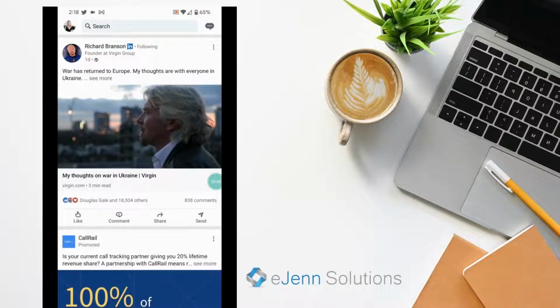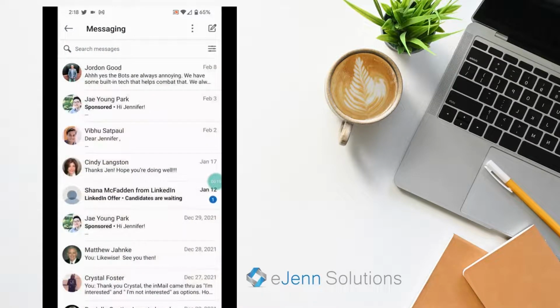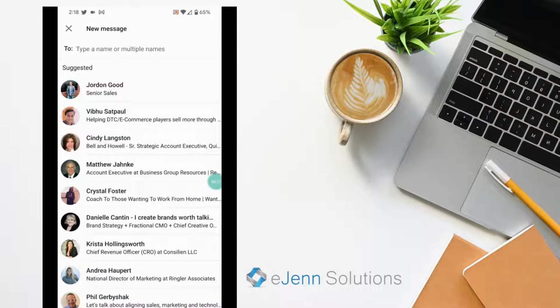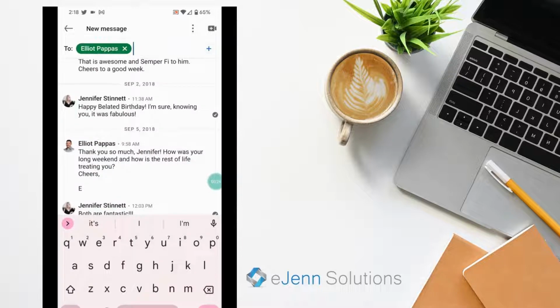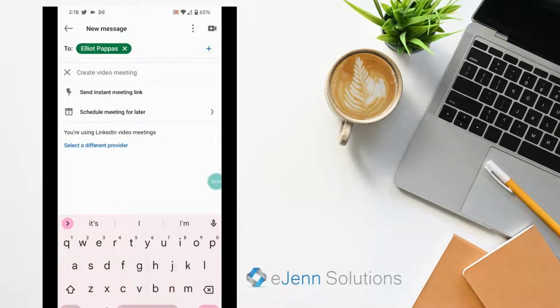Doing this in Android. But you're simply going to look for that message, little text bubble, which for me, it's up on the top line next to the word search. I'm going to across from my photo there, and we're going to simply select that. You're going to get to the messaging, and I'm going to text Elliot, or I'm going to try to set up a meeting with Elliot. And up at the very top, once again, in the far right hand side, you're going to see that little plus with a video. Select that, and now we can see I have different video options.